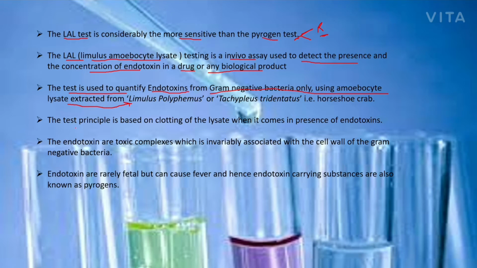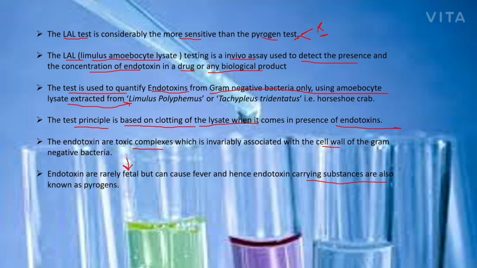So what is the principle of this test? The principle of the test is based on the clotting of the lysate when it comes in the presence of the endotoxins that are secreted only by gram-negative bacteria. These endotoxins are toxic complexes which are associated with the cell wall of gram-negative bacteria. These are rarely fatal but can cause fever if they are consumed by any means. And hence, any drug or anything that is able to carry the endotoxin is known